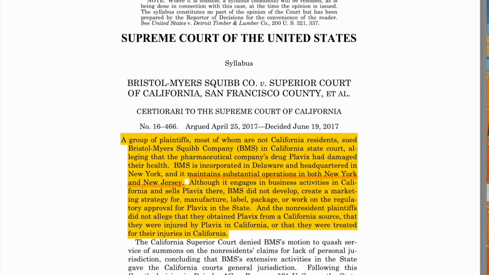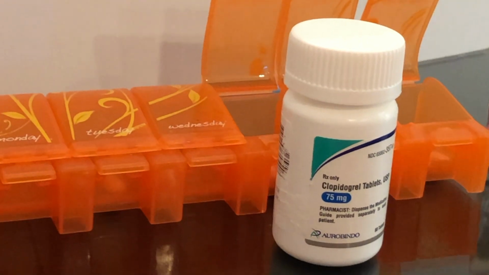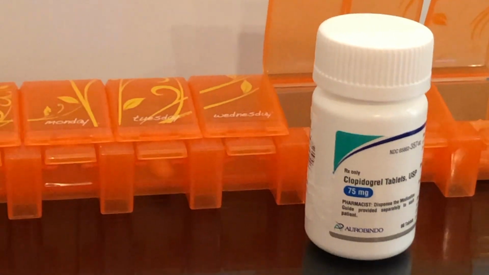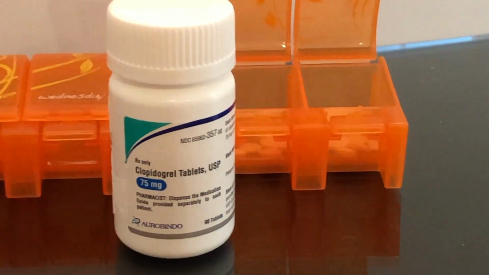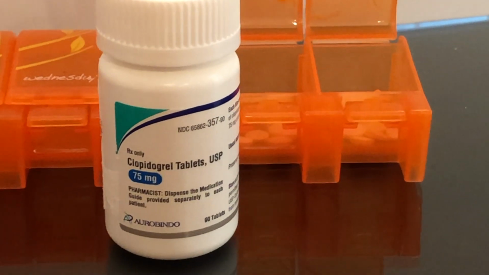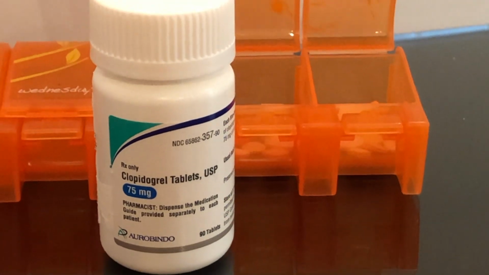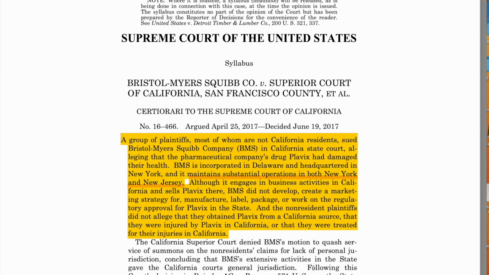A group of plaintiffs, most of whom are not California residents, sued Bristol-Myers Squibb in California State Court, alleging that the pharmaceutical company's drug Plavix had damaged their health. BMS is incorporated in Delaware and headquartered in New York, and it maintains substantial operations in both New York and New Jersey. So, looking at that, we know that they could be sued in Delaware, New York, and New Jersey